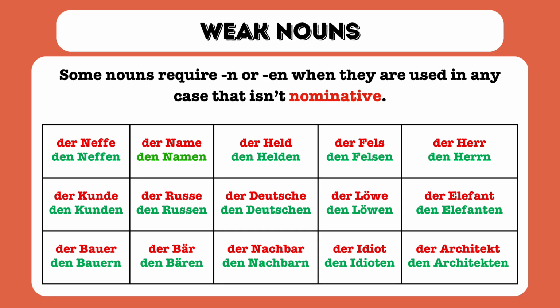So instead of der Held, we now have in the accusative case, den Helden. This also goes for things like cliff, which is der Fels, changing to den Felsen. And the one that probably causes me the most trouble is der Herr, which changes to den Herrn. It's also the reason that lots of people in the comments of my videos have shown throughout the years that